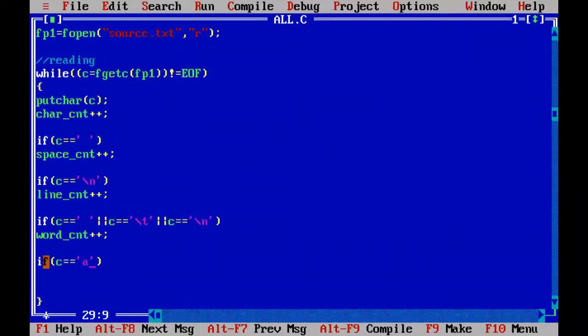So if the character is equal to A, every time we retrieve one character into c, if that character is equal to this character A, then I will do character hyphen rep plus plus, character repetition plus plus. So how many times a character is equal to A, that many times you increment the character repetition.